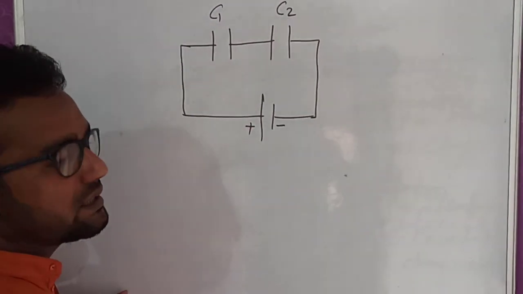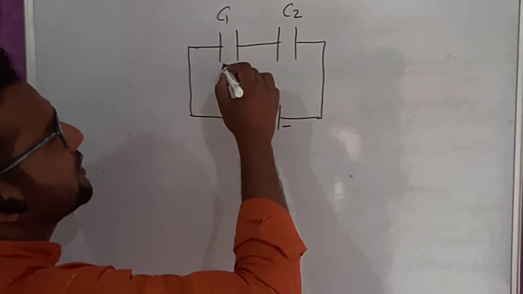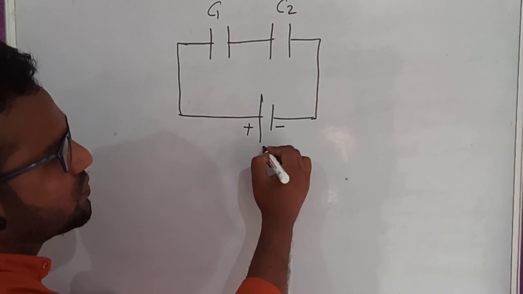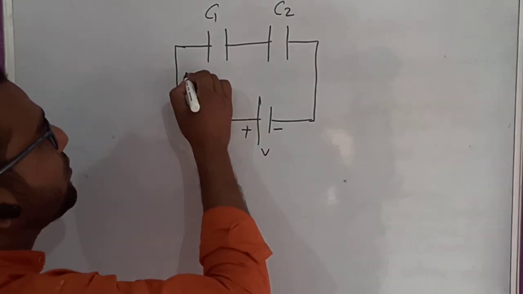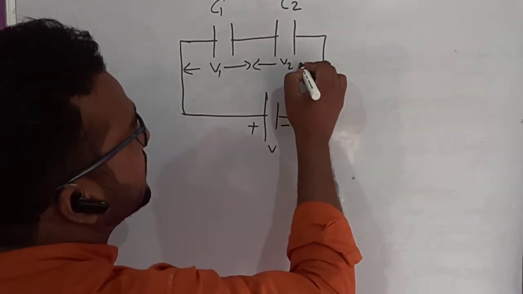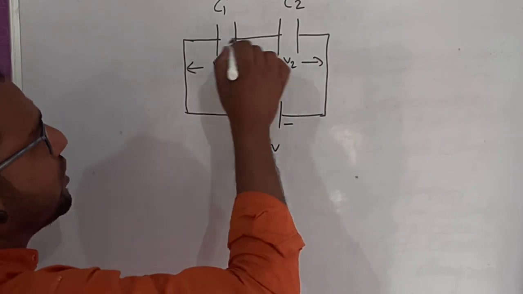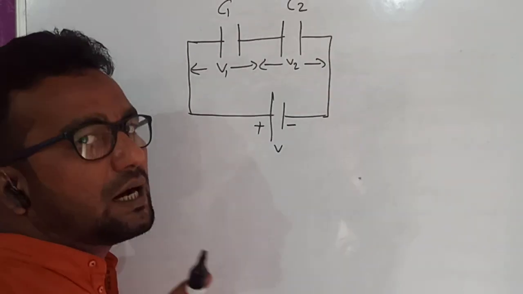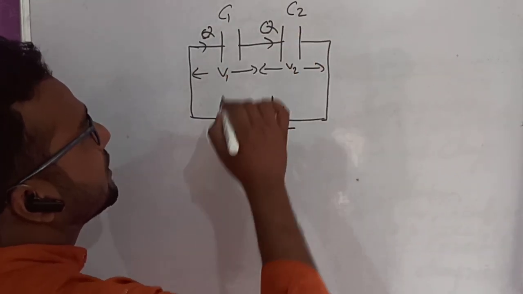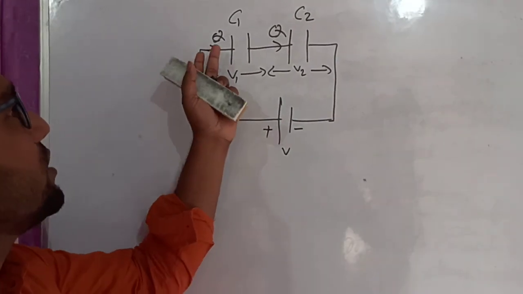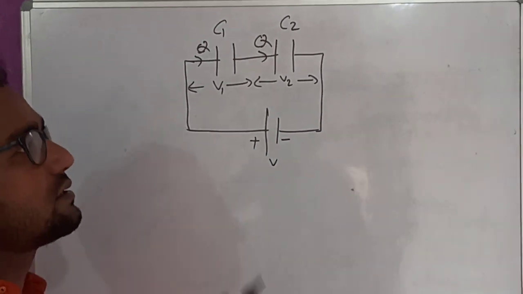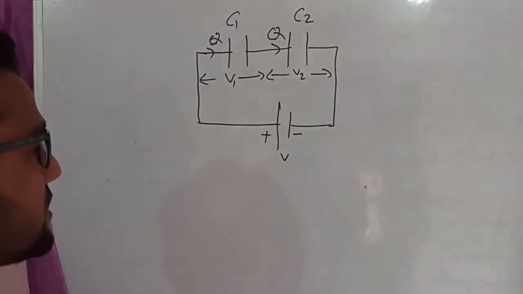the capacitance of the second capacitor, and we know that the distances of these capacitors C1 and C2 from the source are different. So no doubt the potential difference of each will be different, V1 and V2. Now the branch of these two capacitors is the same, so the charge across them will be the same. Here the charge across C1 and C2 is the same but the potentials are different. Then this combination is known as series combination.